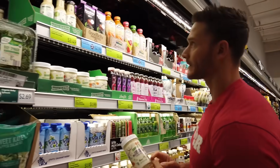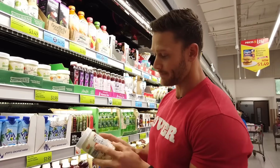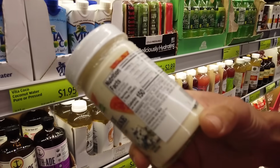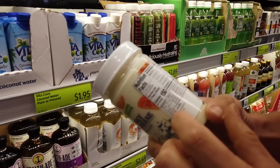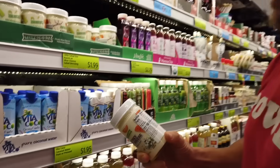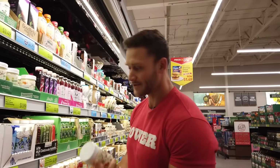Be careful of salad dressings that are in the refrigerated section, because a lot of times they lead you to believe that they're really high quality, but in reality, it's still canola oil, so probably the lowest quality oil they could possibly use. Then we have a bunch of other things. We got tapioca starch, we got carrageenan. Carrageenan is a thickener and a stabilizer. The whole point of having it in the refrigerated section is so you don't need that stuff. So they're still kind of...